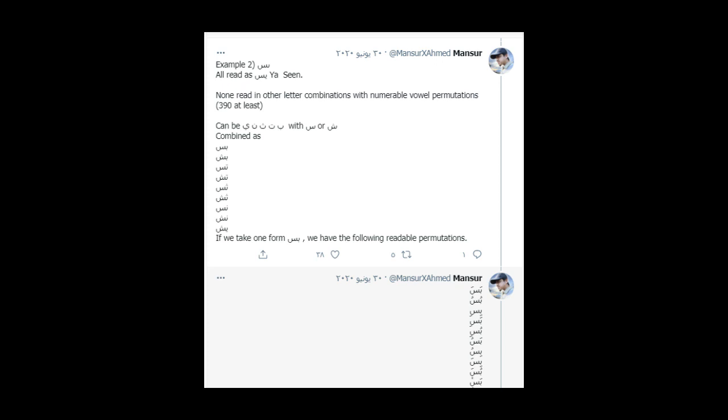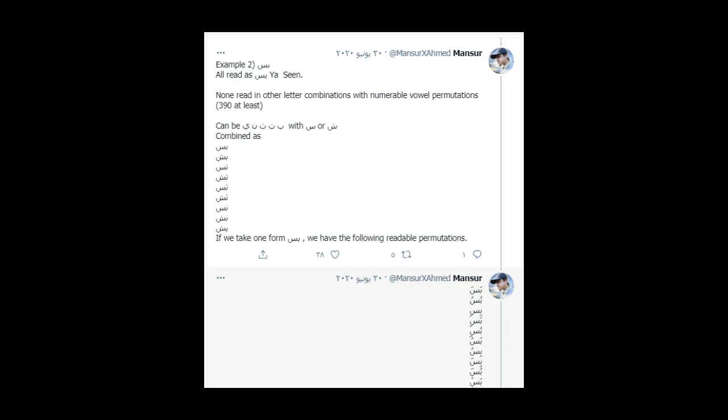Well, someone might say, well, they agreed because the context was very clear. So it has nothing to do with memorization. It's to do with the context. The 7th century Arabs could know which word fits based on the context. Well, although this argument is false because there are many words which could have been read in different ways, but instead they were read exactly the same by all the readers. But let's just agree, for argument's sake, that it is very easy to know where to put the dots based on the context. To respond to this, I will use an excellent example that was used by Brother Mansour Ahmed